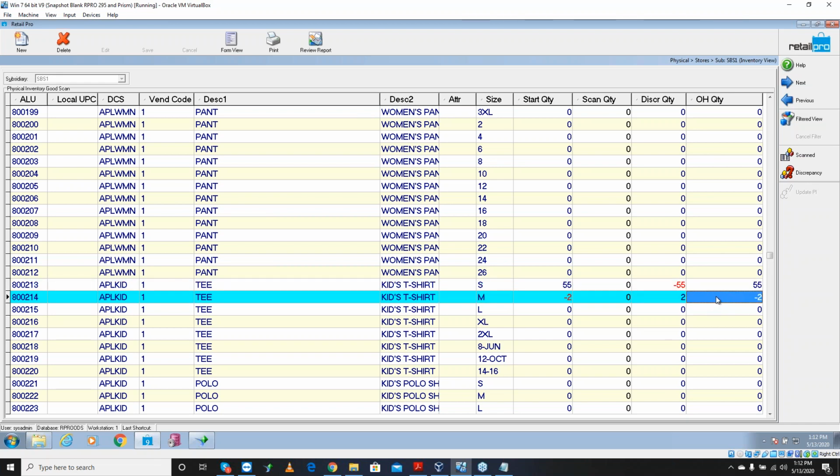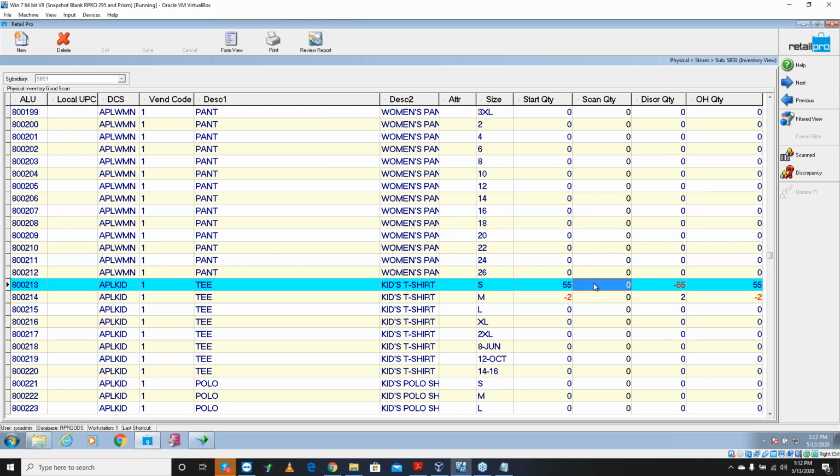Obviously, if we have a negative, then a negative is going to copy that over, and you can't count a negative anyway. So you're going to have an overage, which is going to pop up and go in there, right? So now if we don't count this, then in the update, step 4, it's going to apply the discrepancy to the current on hand, right? Thus wiping out that 55 pieces, right? So that's the process. Either we count it or it goes,